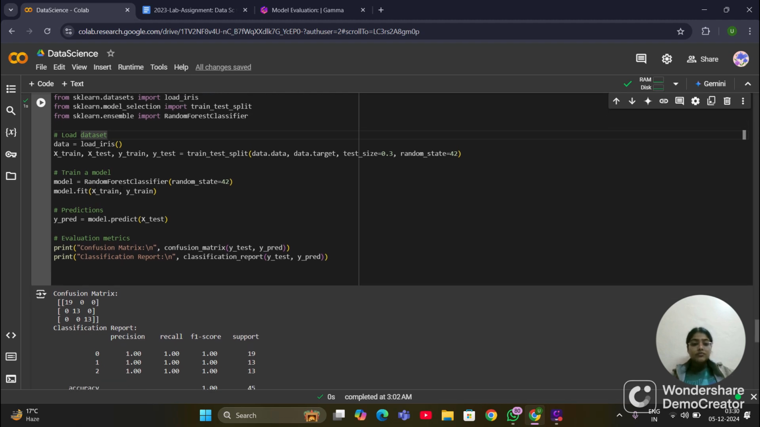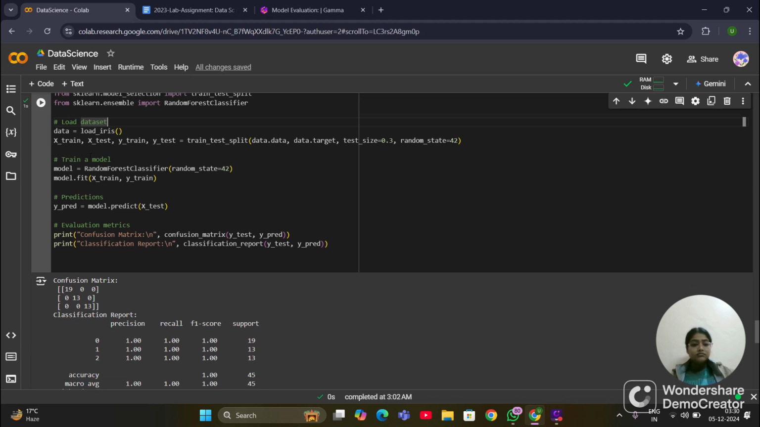Model is equal to RandomForestClassifier with random_state 42. Then we load the iris data into a variable data, containing the feature data and data.target. And then